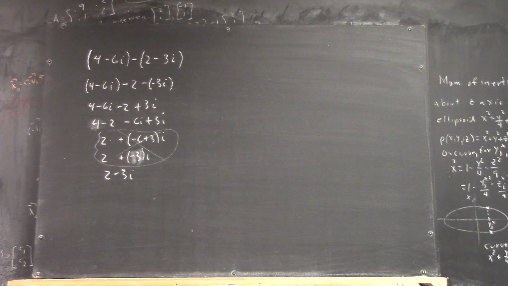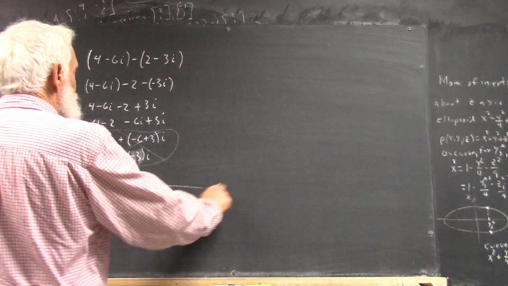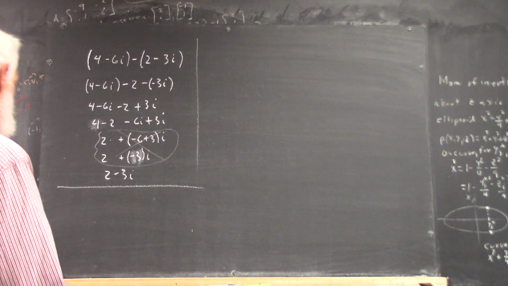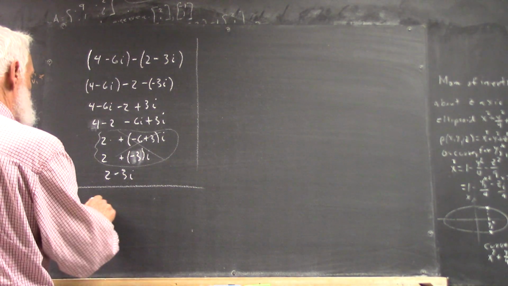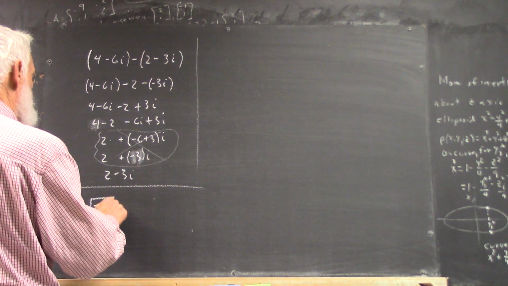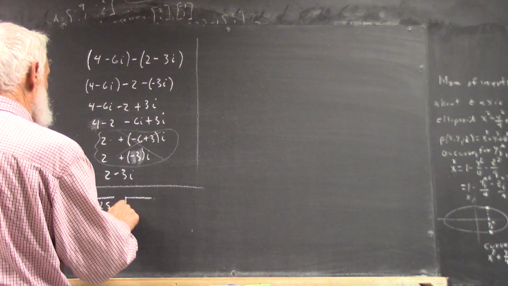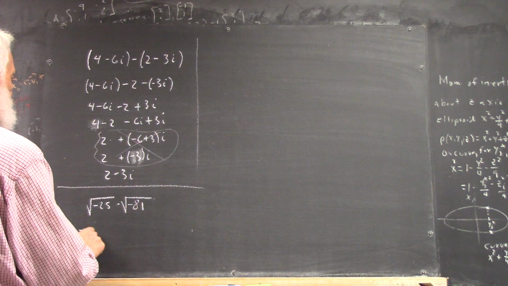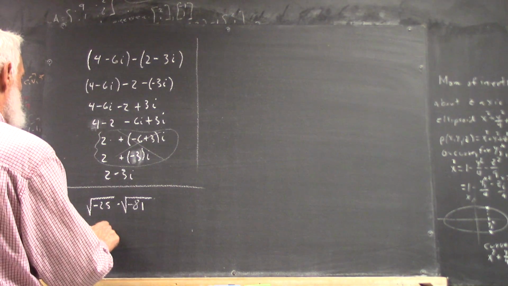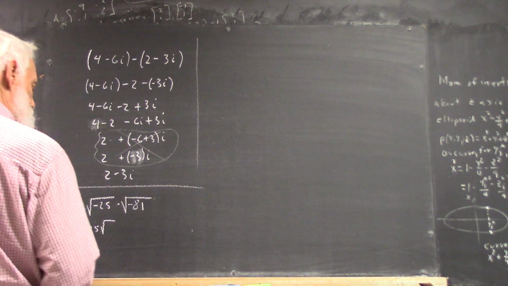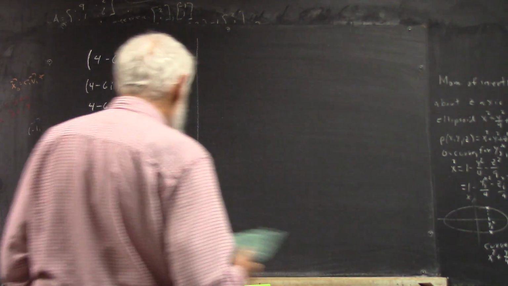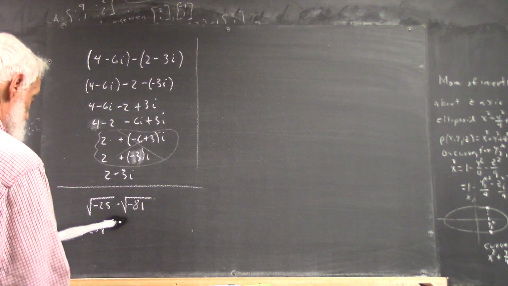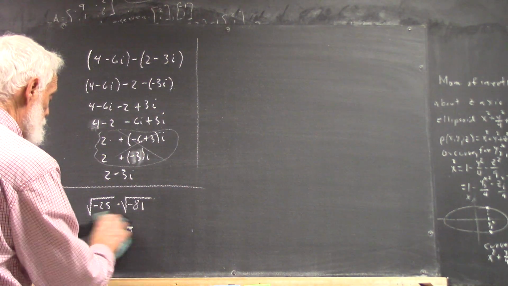Okay, another step you don't really want to skip until you're well practiced, until you've done at least 50 multiplications of this type. If you have the square root of -25 multiplied by the square root of -81, well, this gives you 25 times the square root. Well, I'm going to write this out in a little more detail than I started. Okay, so I'm going to write this out as